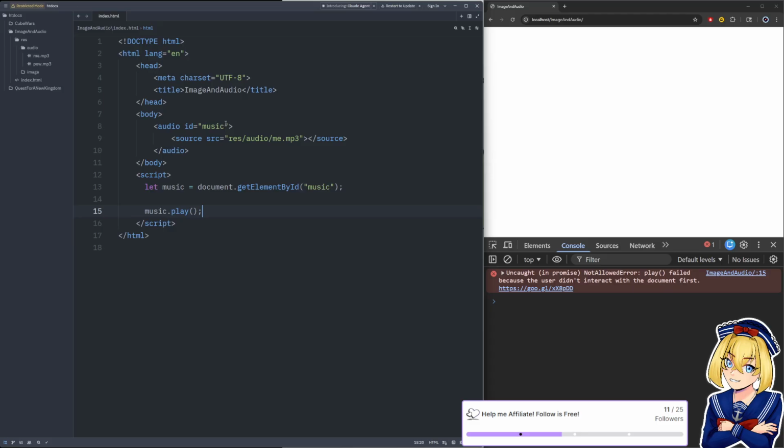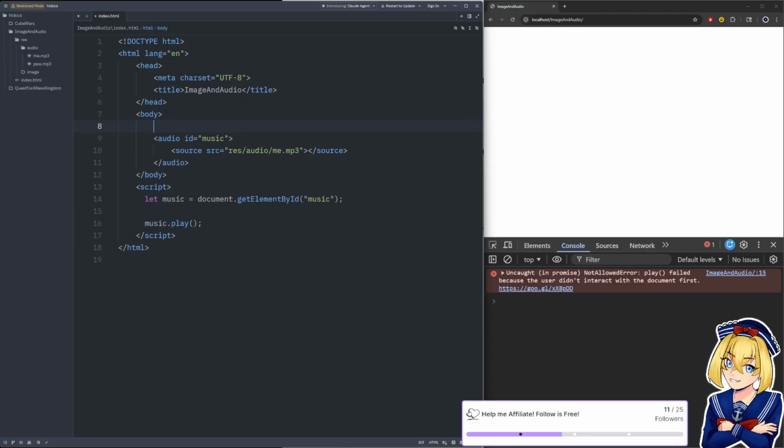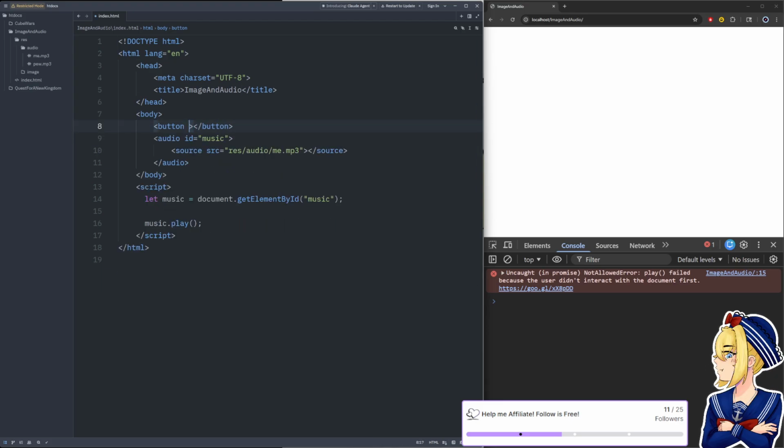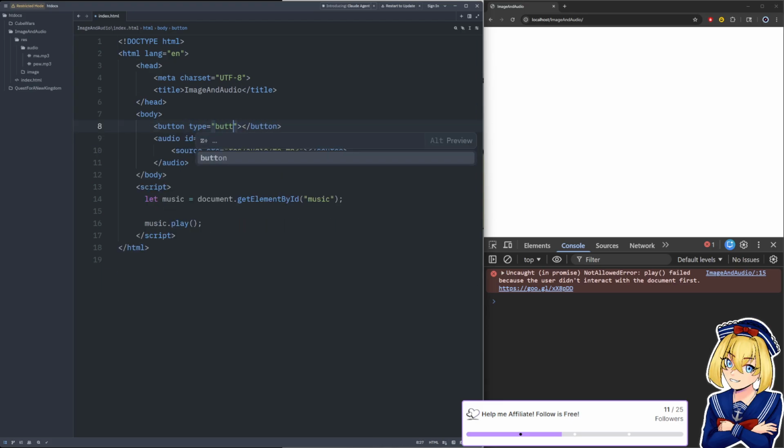So let's actually make a button. This is some of the stuff you kind of have to get used to fighting in HTML, because we're always coming out with new standards and things that make things frustrating. Type is button.